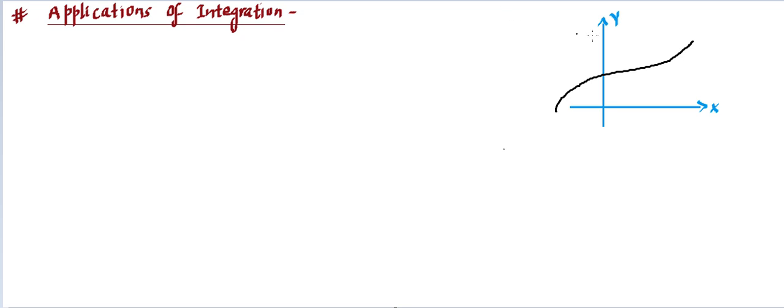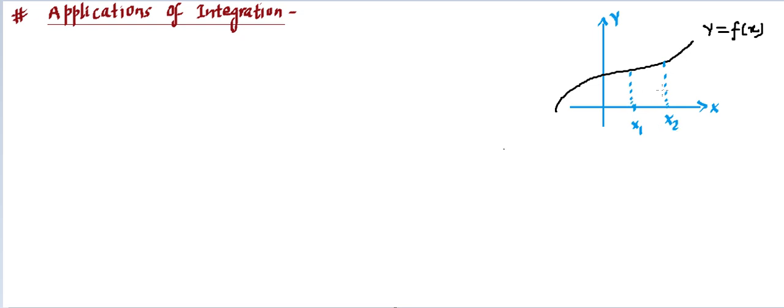So let's say we have this y versus x graph. So this is y is equal to f(x). A function is given to us, which we can plot in a graph. Now in this graph, if we consider 2 points, let's say this is x1, and we take this here, so that will be a location where this x1 gives the value of the function. Similarly, we can choose another coordinate or a point x2.